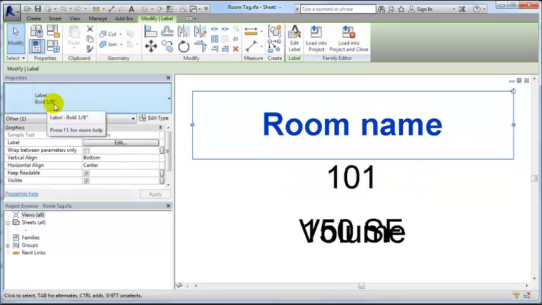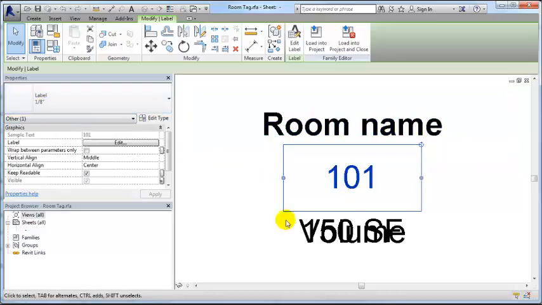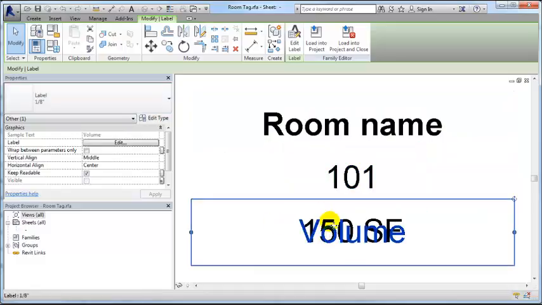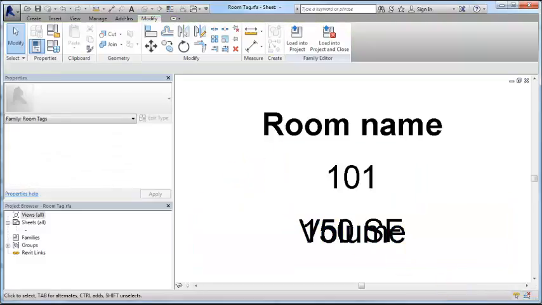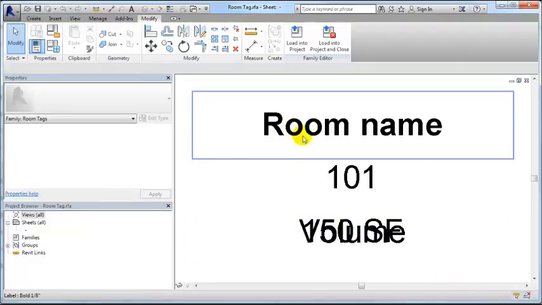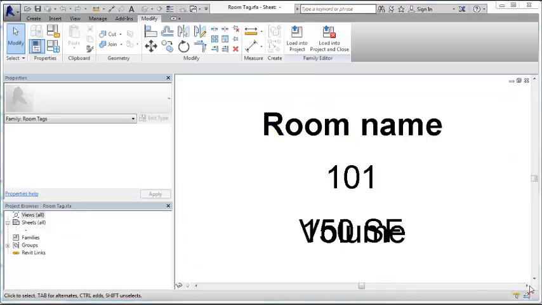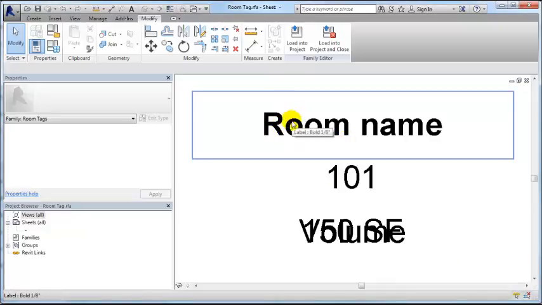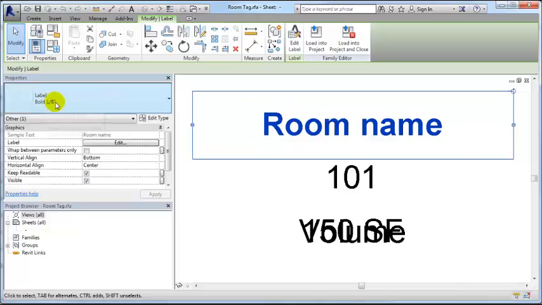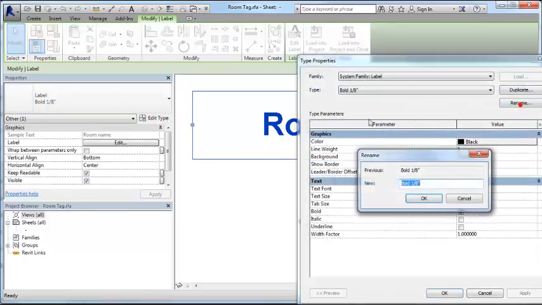And this one is called bold 1/8. This one is called just 1/8, and then these are called 1/8. So what I'm going to do here, I think I'm just going to select that label and edit the type and rename the label bold 1/8